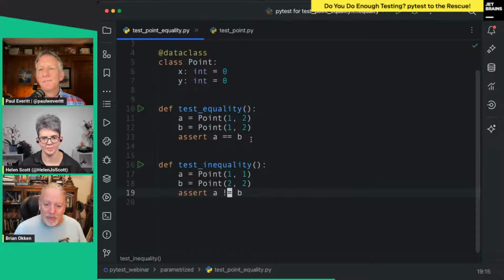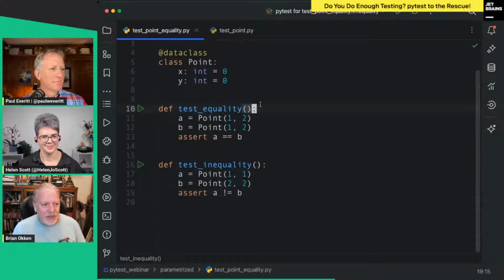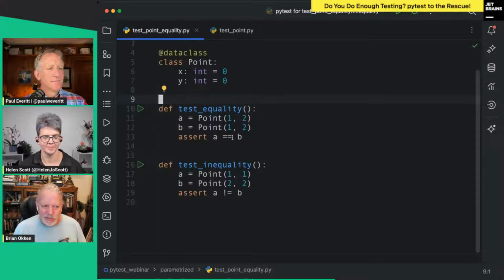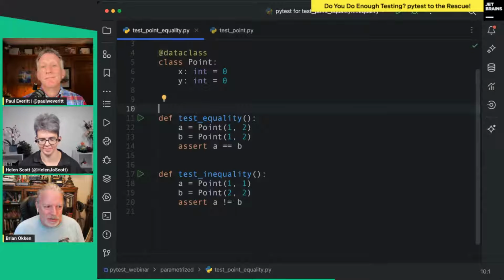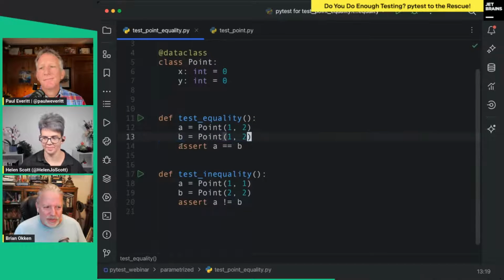What if I want more than 1 point that I'm testing? Maybe I want a whole bunch of points. Just 1 point is not enough. Maybe I want to make sure that a whole bunch of things are wrong. Here I've got my getting ready for the test, and then there's not really any action. I'm doing the action right in the middle of the assert. But I want the getting ready at the top, the action in the middle, and then the asserts at the bottom. The data here is this A and B.